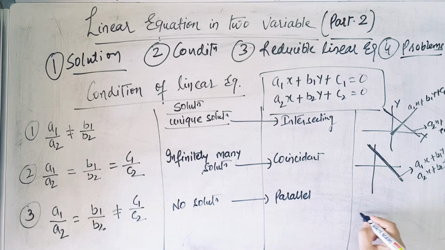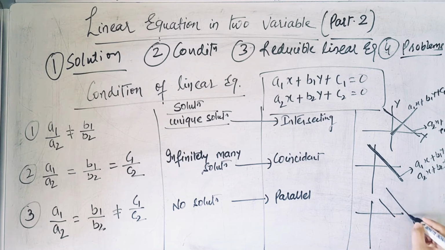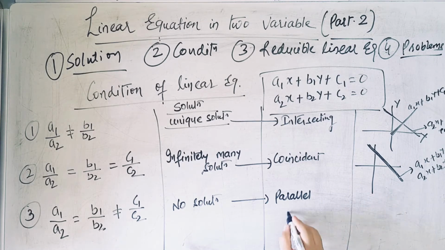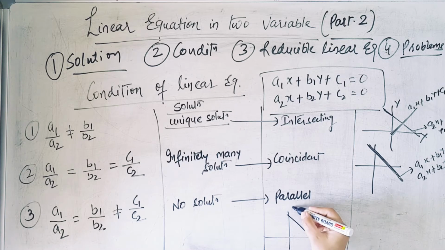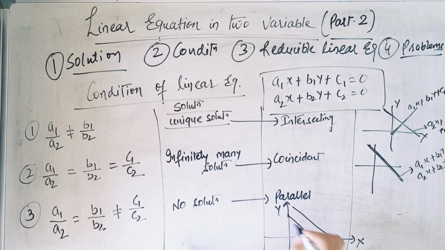And if it is no solution, we'll get parallel lines. So a parallel line is like this. If this is a graph and we get this type of lines, they come to be parallel lines. This will be the first equation, a1x plus b1y plus c1, and this will be a2x plus b2y plus c2. So we have seen how we can look at the question, identify which lines will come on construction and what the solution will be.